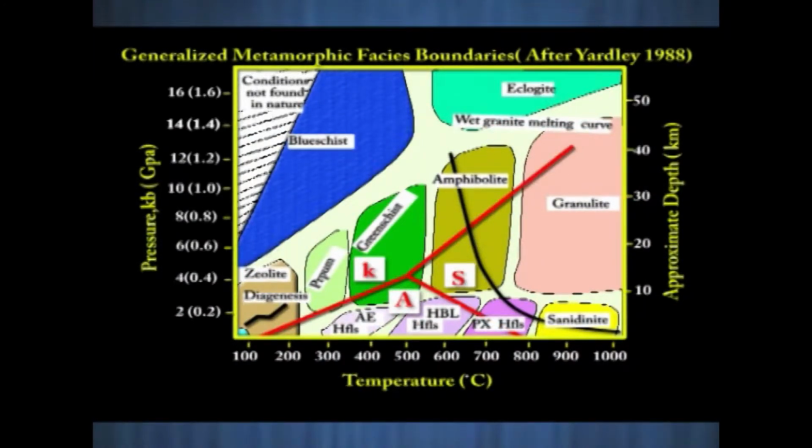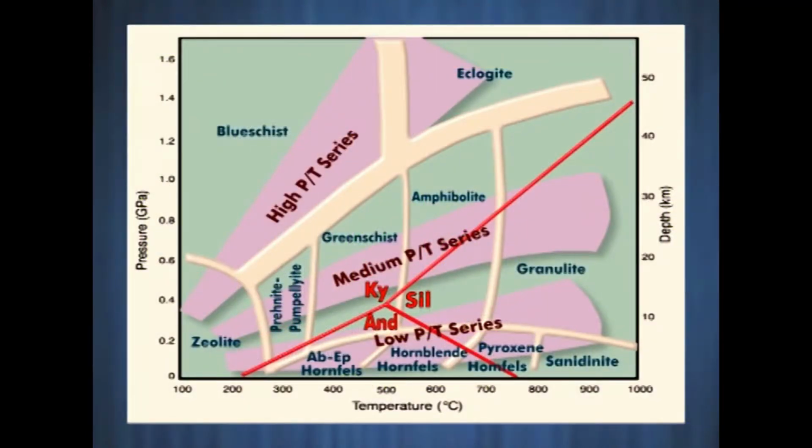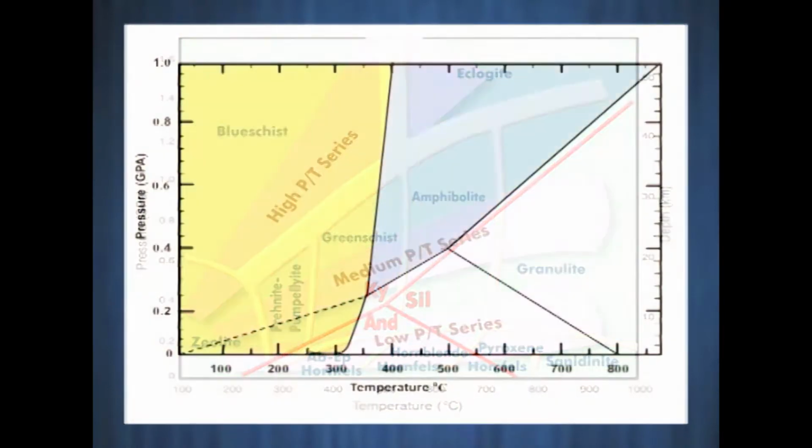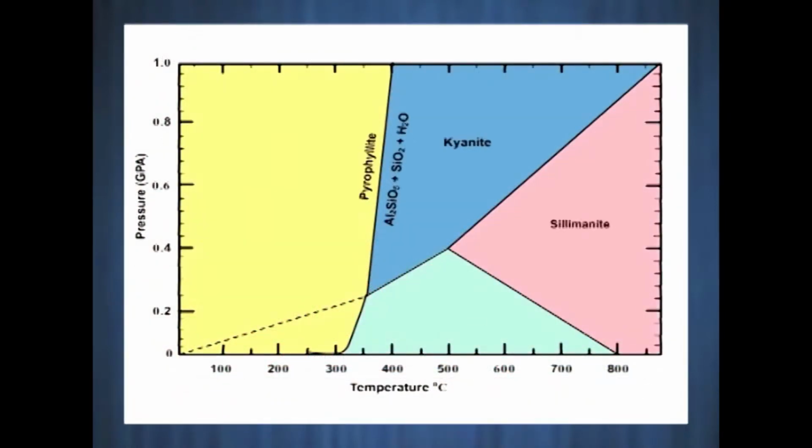First, a zeolite, prehnite, pumpellyite, blueschist, eclogite type. Second, a typical Barrovian type characterized by kyanite to sillimanite type. And third, an Abukuma type of greenschist to amphibolite granulite characterized by the paragenesis of andalusite sillimanite type. The Abukuma type is named after the Abukuma region in Japan and is similar to the Buchan type of the